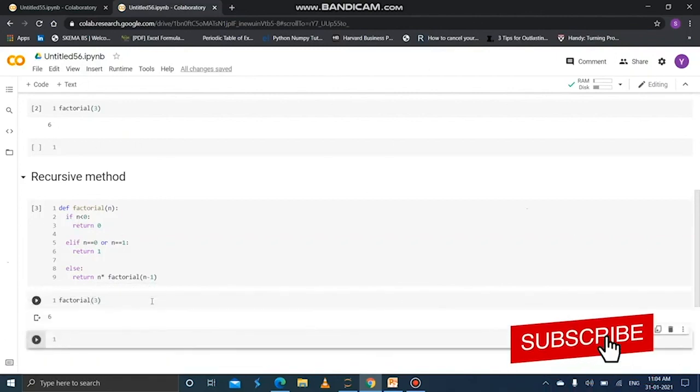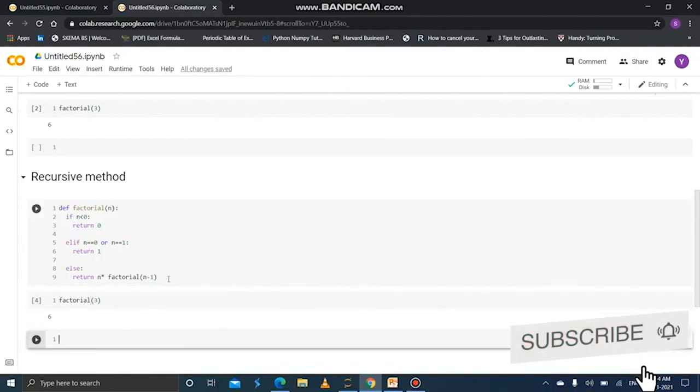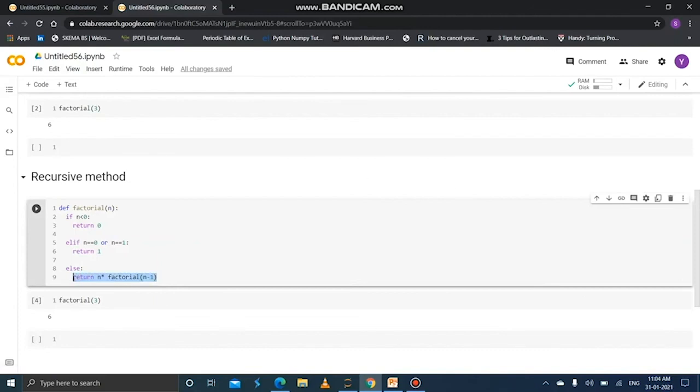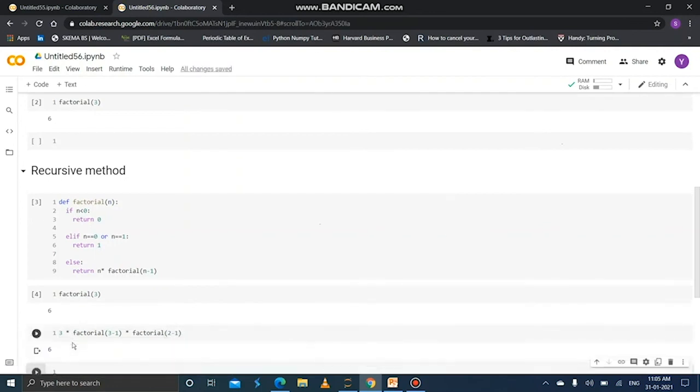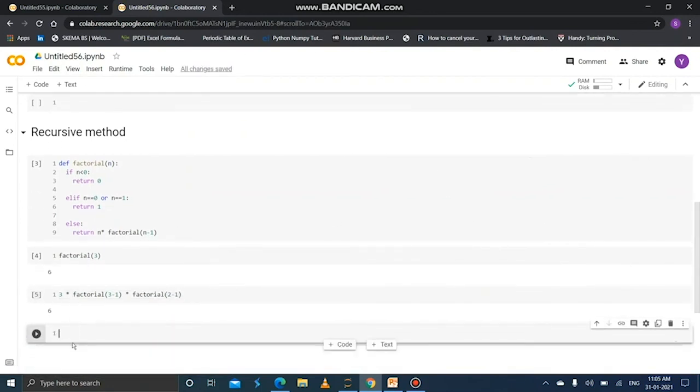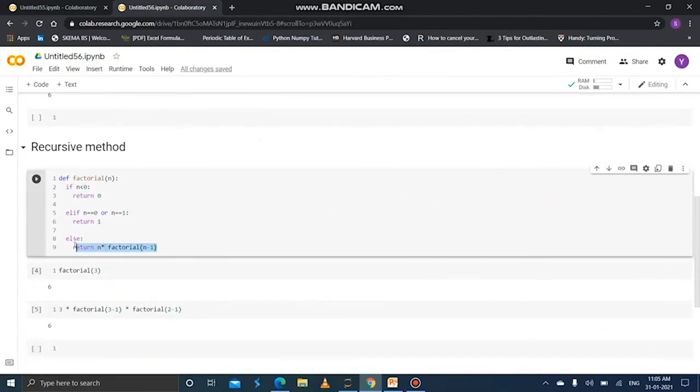Run this. Great, we got 6. In a simple manner, instead of using loops, this line uses the function calling itself. If you see this, 3 into factorial of 3 minus 1, into factorial of 2 minus 1, we get the same result. It is the same as the above equation.